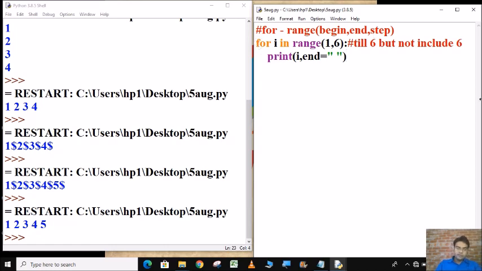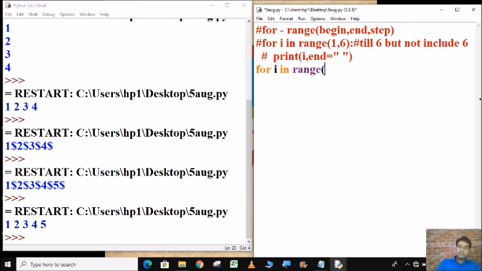Now in the second case, let's make the first one a comment. For i in range. This is the second way.